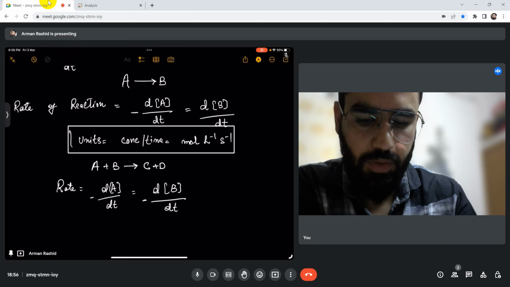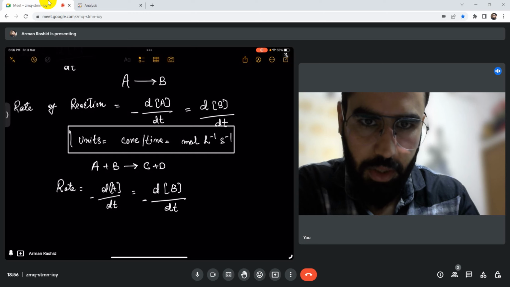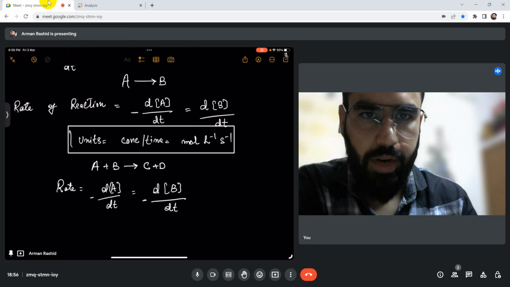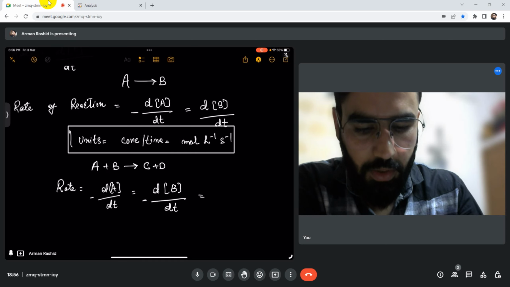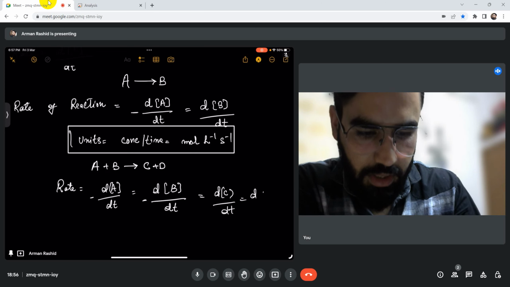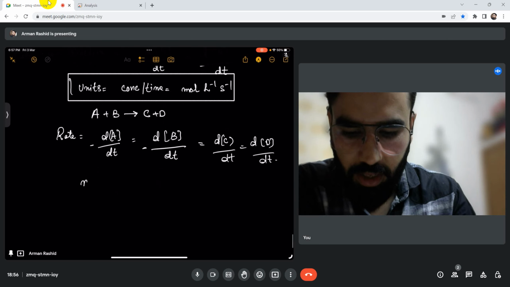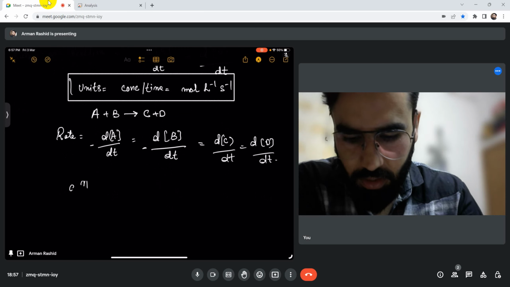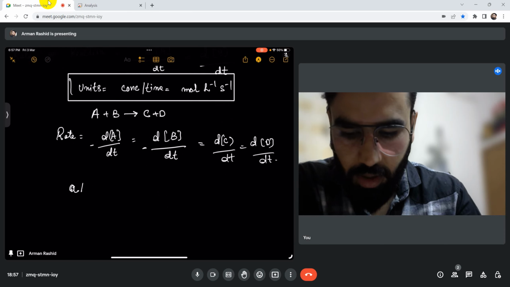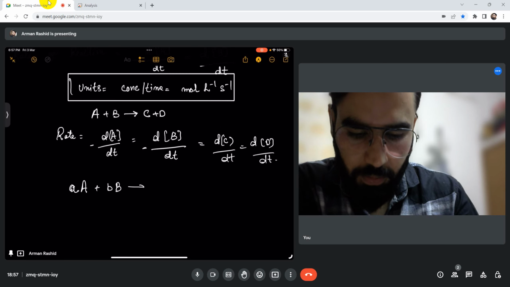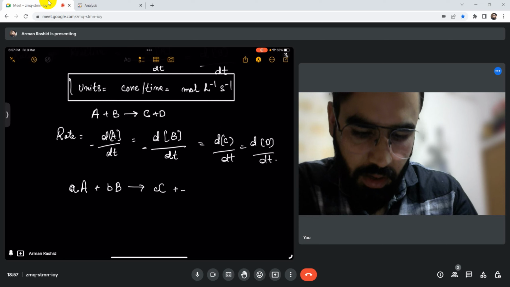Remember, this is a very simple reaction where one molecule of A reacts with one molecule of B to produce one molecule of C and one molecule of D. For a reaction where a moles of A react with b moles of B to give c moles of C and d moles of D,